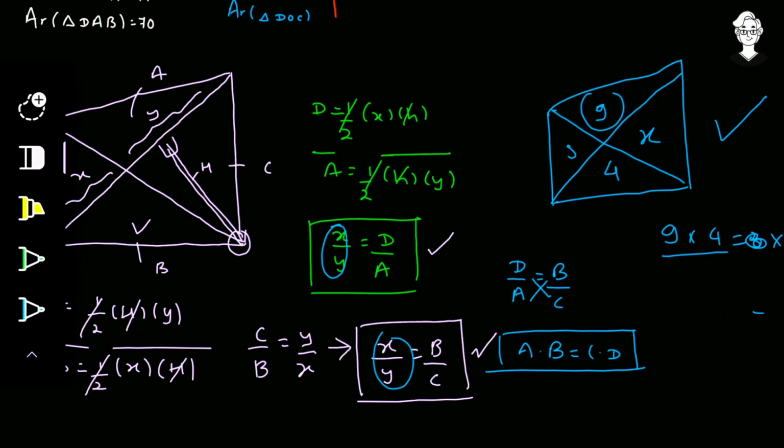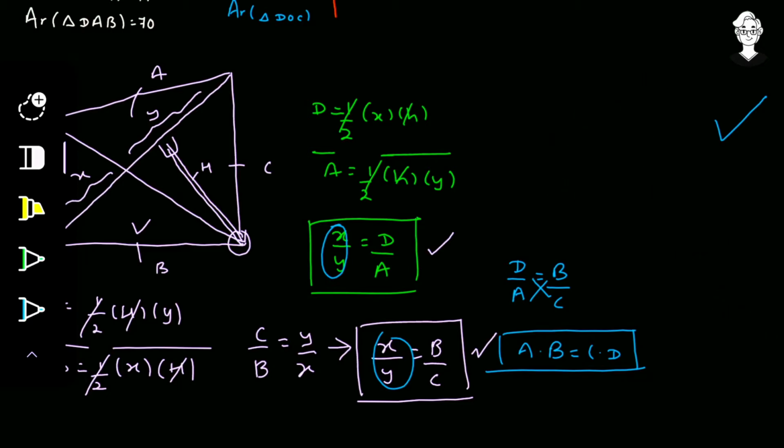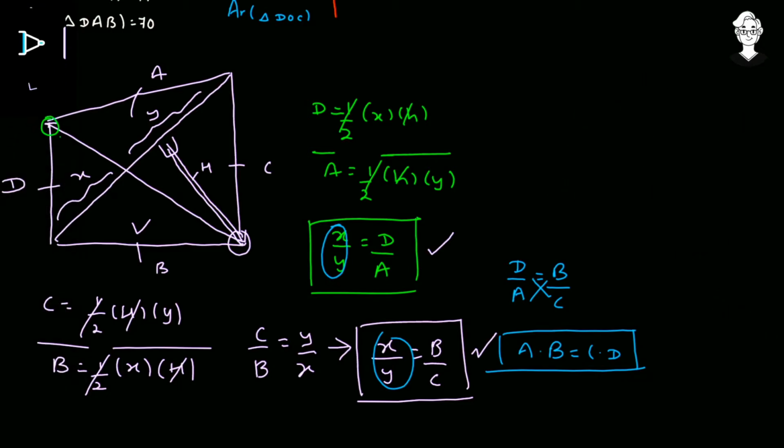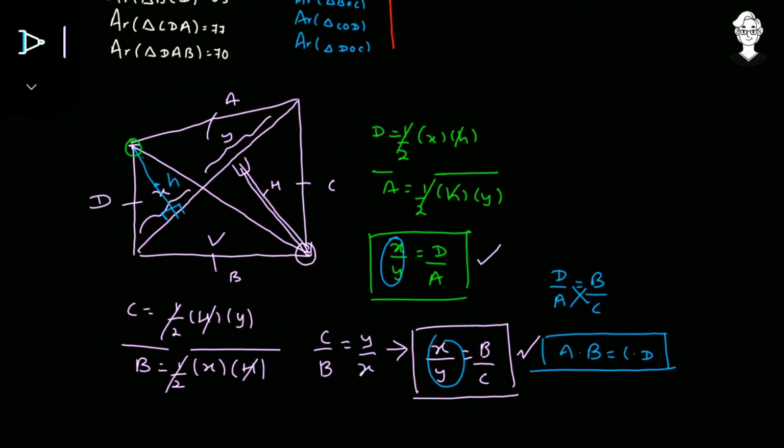So you have to take the screenshot from here because this theorem is absolutely important, and I gave you a nice proof also. This is the small h, so I'm marking that also. So that was the small h for this and capital H for that. So this is a very nice and cool theorem. You can take the screenshot. So yes, now we have this thing that this area's product would be equal.